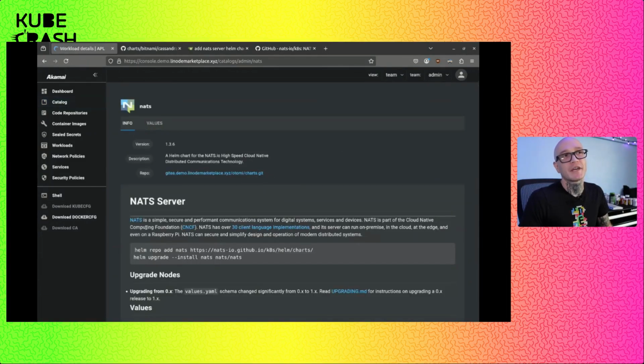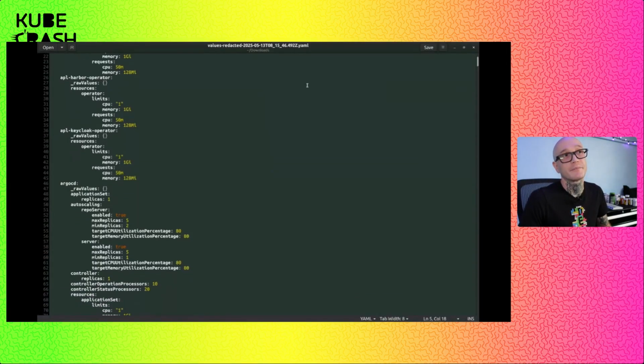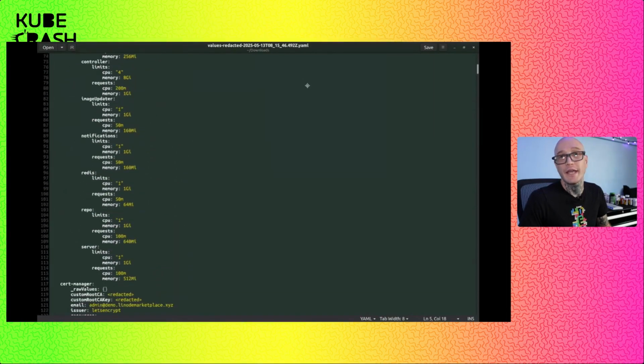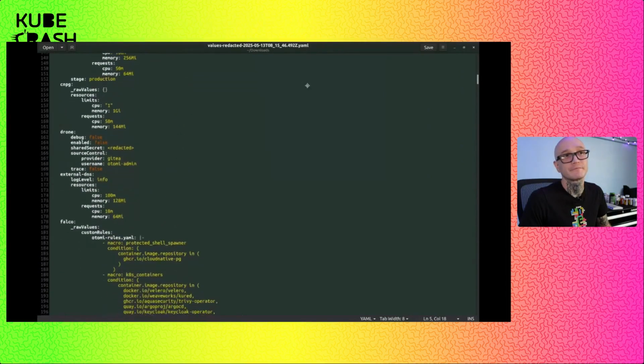And then the last thing I want to show you here, and this is just in terms of portability, is that if you want to see how we did any of this, whether it's just because you're curious or you do want to reinvent the wheel because it's fun, you can download the values and look at every single piece of this in every single chart.